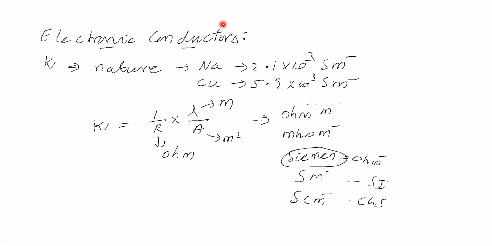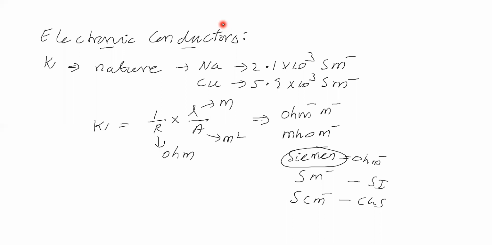If you see the possible structures, there are face centered cubic, body centered cubic, and so on. Different metals will have different structures, and due to structure, conductivity will also be different. Then we can see the number of valency electrons. In sodium, the number of valency electrons is 1; in copper, it is 2.